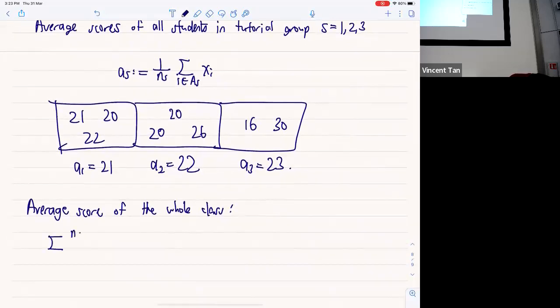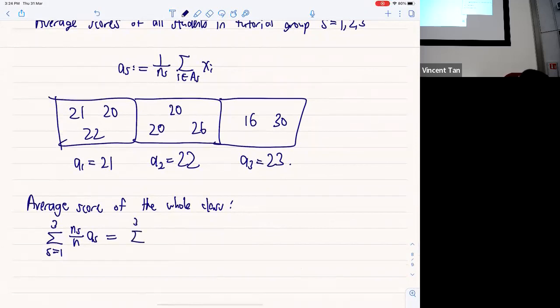We sum over S equals 1 to 3 the number of students in tutorial group S divided by the total number of students, times the average in tutorial group S. So this is a weighted average. Let's see, this is equal to sum over S equals 1 to 3 of NS over N